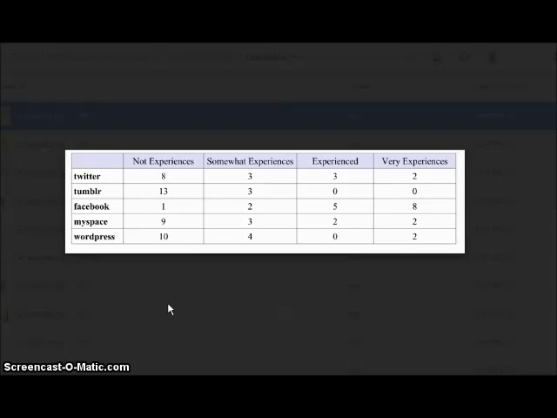Alright, so this chart, or this table rather, it has a lot of good data, but it's not in a good form. If you think of the bar graph that we just looked at in the last slide, that would have been a much better form for this data. So this person is measuring basically students' experience with these various social media platforms, but again, we don't know the total number,